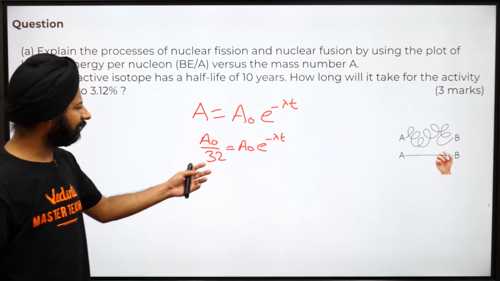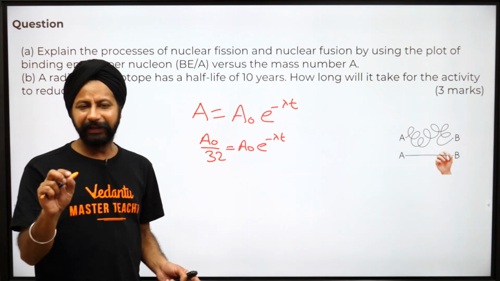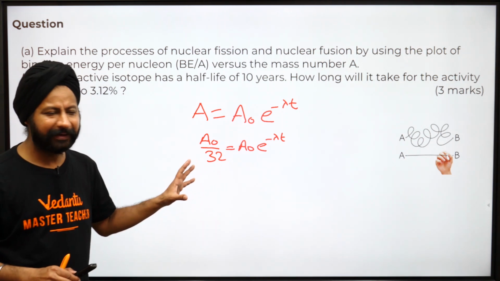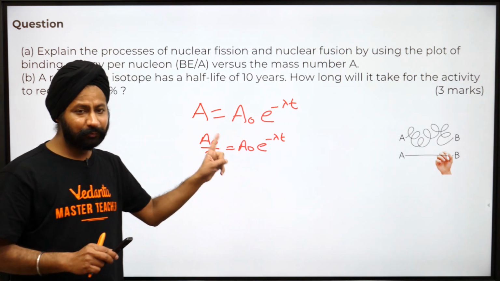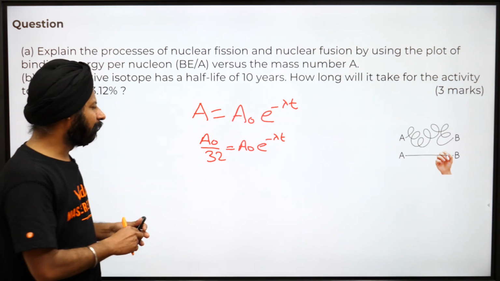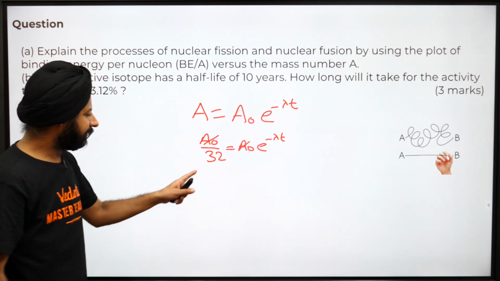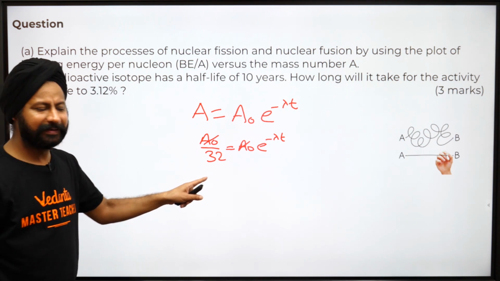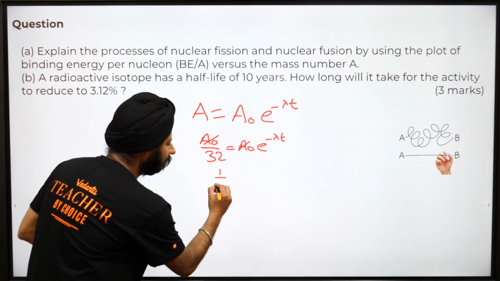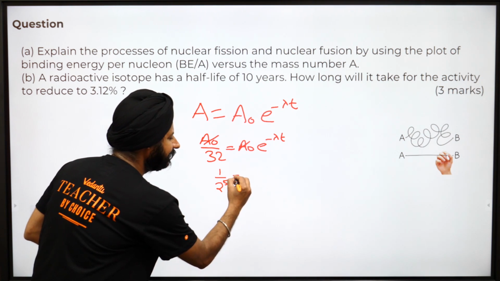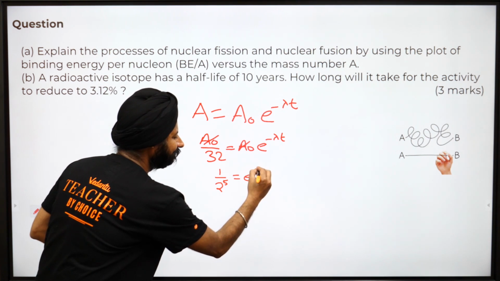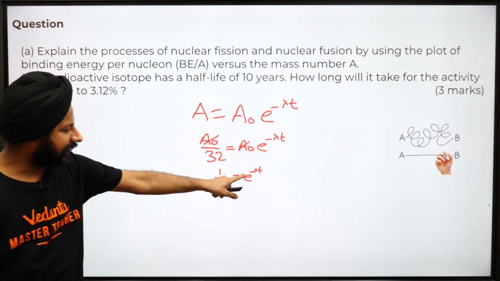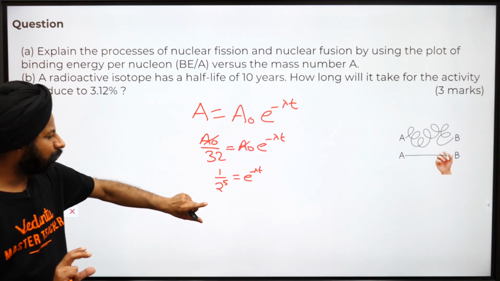Now look, what do you think we have to do? For students who are not mathematics students, it looks like, okay, what is this exponential? It's very easy. Let me tell you. The A0 cancels out. You don't even care about it. This is 2 to the power 5, isn't it? I'm doing all the steps so that the biology students can also understand this. Now this negative sign is causing trouble, so you can flip this.